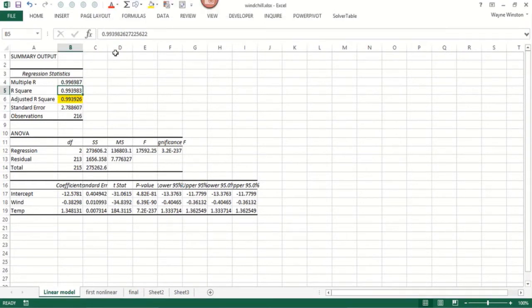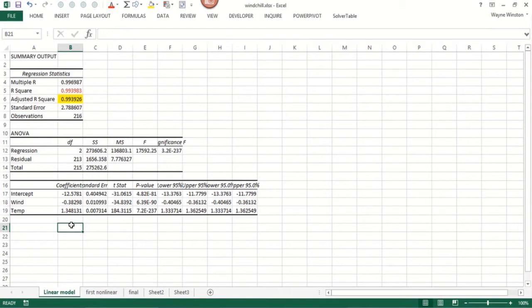Adjusted R squared is adjusted for the number of independent variables. Okay, we have not rigorously defined that. But you can see we have really low p-values. Wind and temperature definitely do affect the wind chill index in an obvious fashion. Higher wind, lower wind chill. Higher temperature,